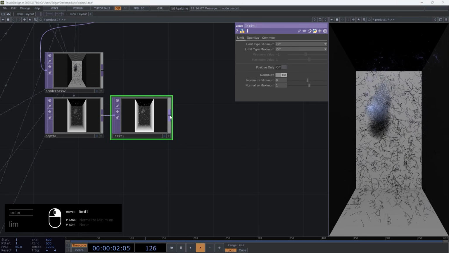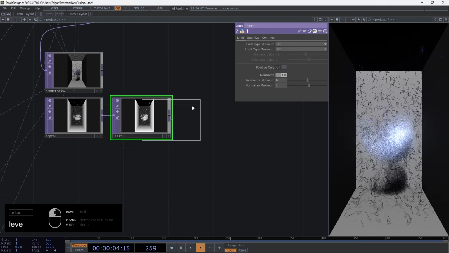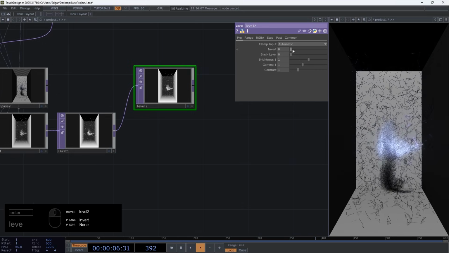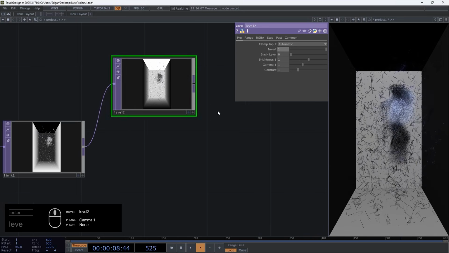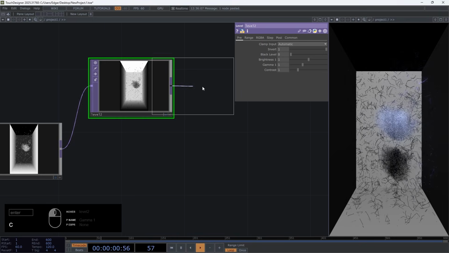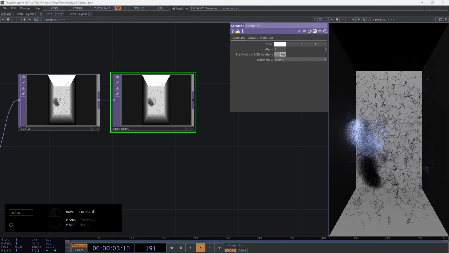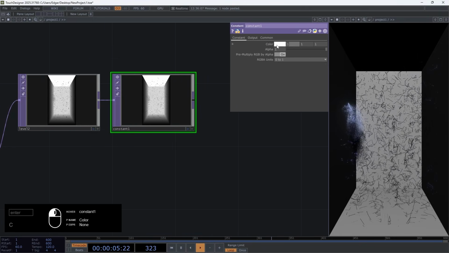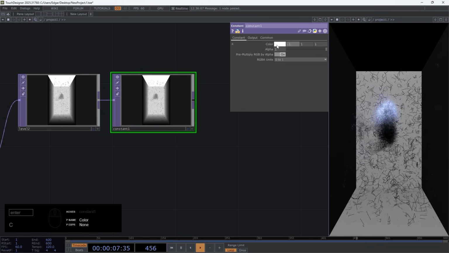So here at the level, I'm gonna invert and multiply this by a constant with a blue value. Let's put this,